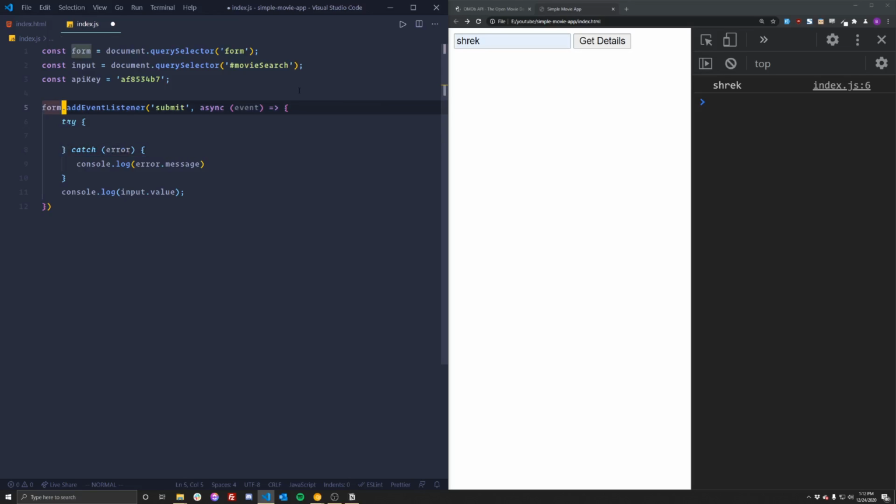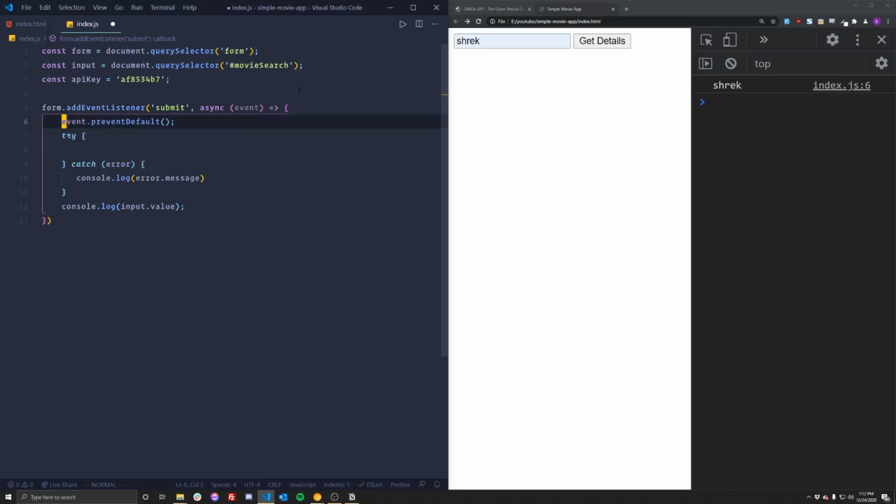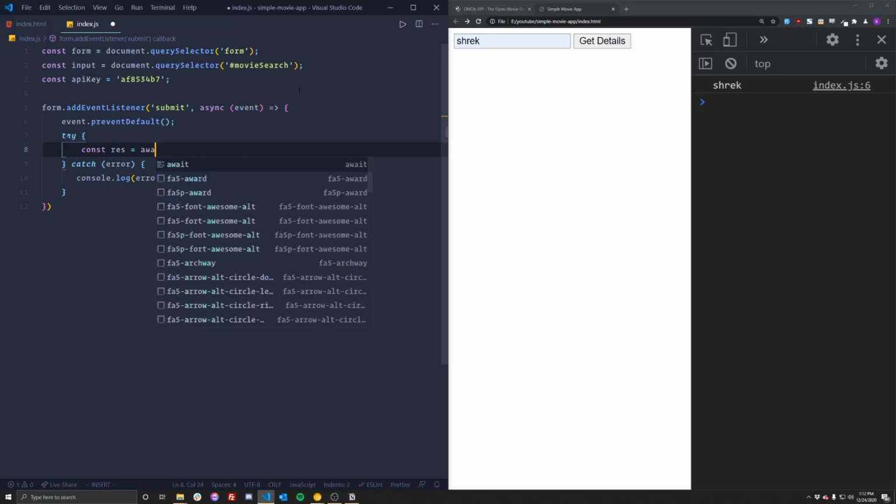and in my try block, I'm going to start my API call. Now, we're going to be using the built-in JavaScript fetch function to make our API calls. So let's go ahead and do that. So I'm going to do a const, and I'm just going to call this variable response. And I'm going to equal that to await